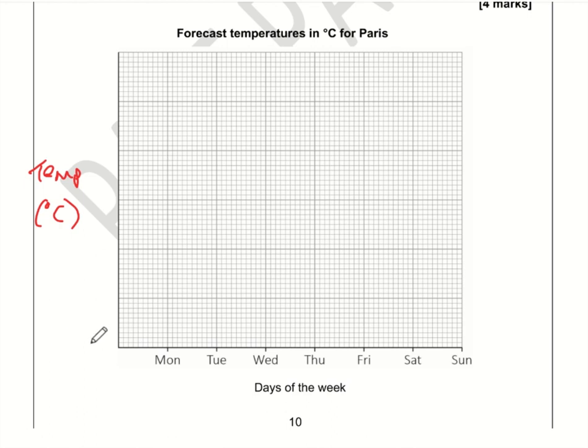So I'll probably start at a little bit below 15. I'll start at 14, 16, 18, 20, 22, 24, 26. I think it also makes more sense to label these with even numbers in my opinion, but I don't think it really matters if you started at 15, 17, 19 or 13, 15, 17, 19,